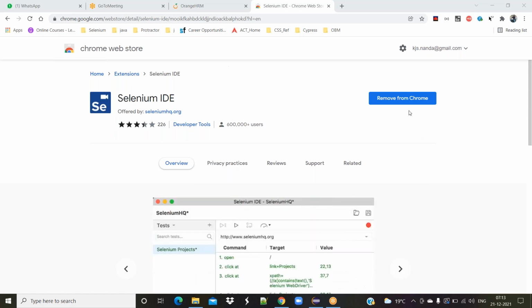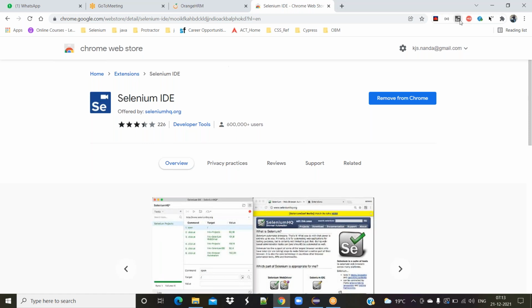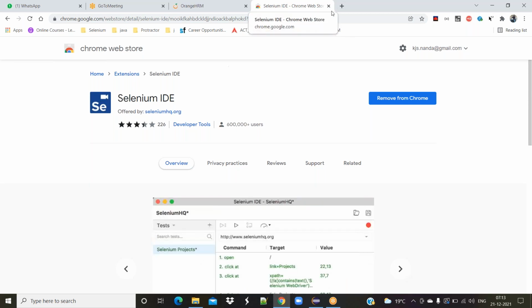Once you have added it to your browser, it will show the Selenium icon here, this Selenium IDE. So what is the use of Selenium IDE, and how are we going to use it?